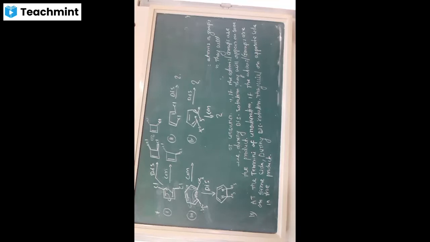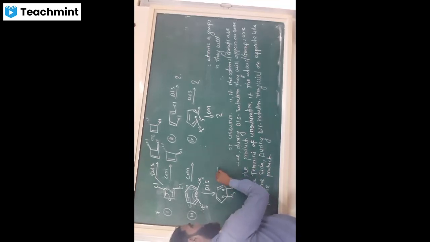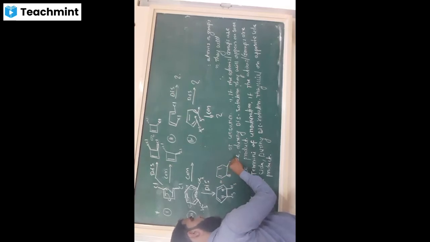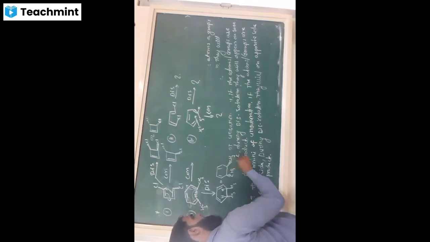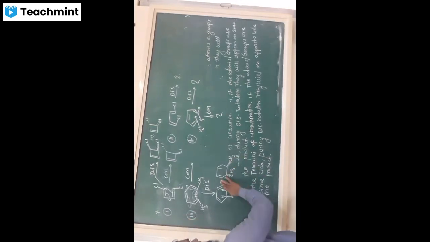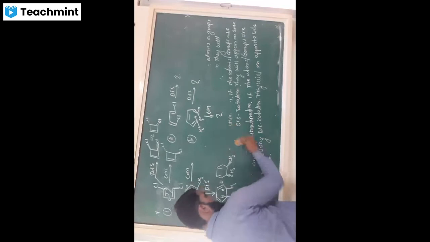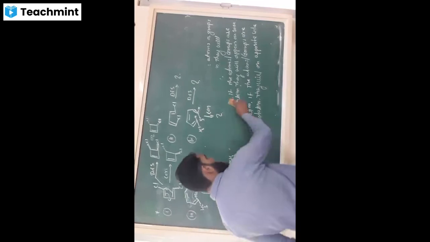On disrotation, we can also write it as a wedge formula. In wedge formula, how can we write? Both the methyl groups on the same side, by either solid wedge line or by dashed wedge line. We can represent it with solid wedge or dashed wedge. These two are one and the same structure.